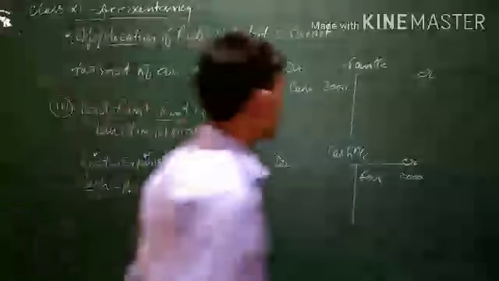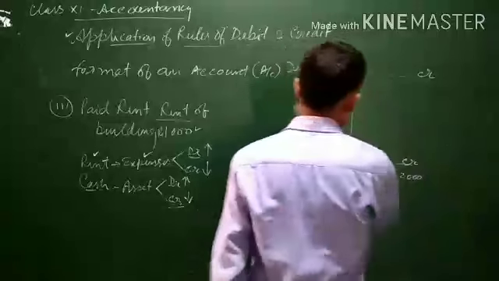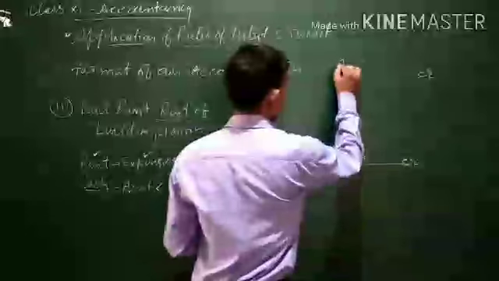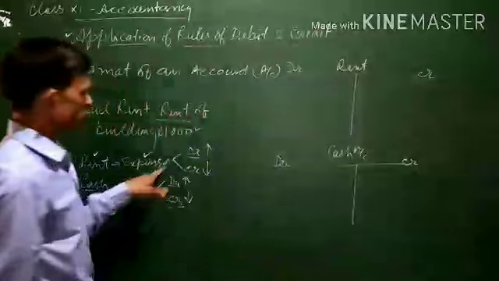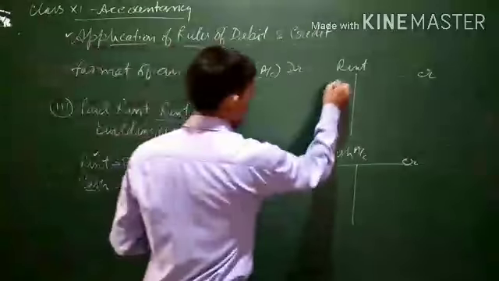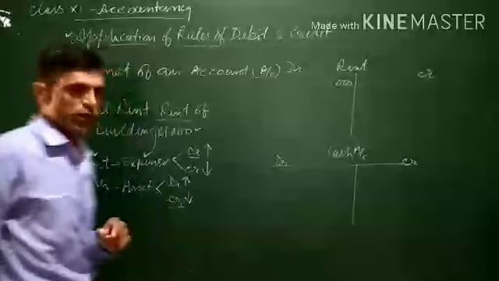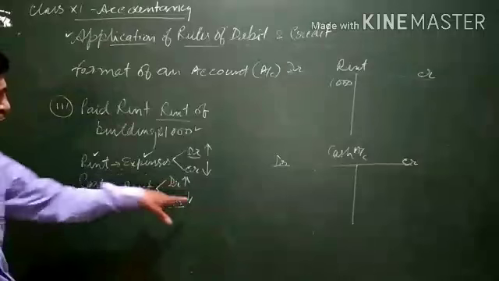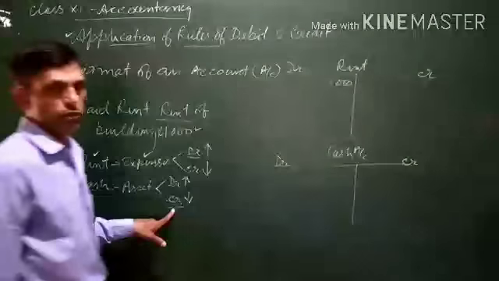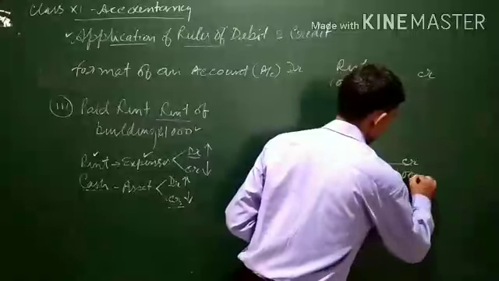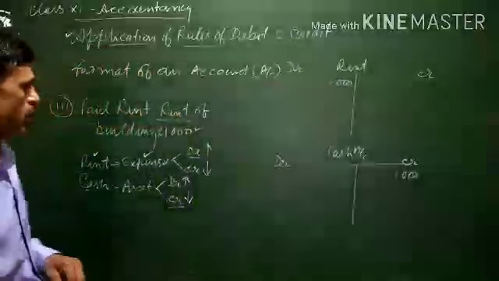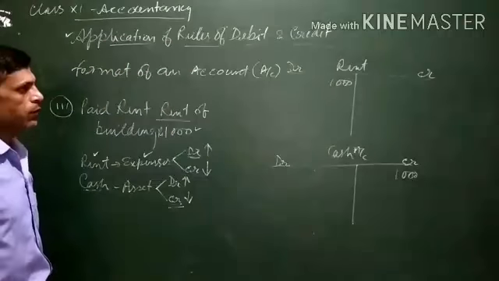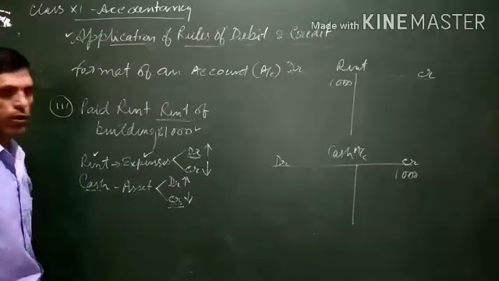So when you prepare the rent account and the cash account: rent is an expense, and an expense should be debited, which means on the debit side we will be writing 1000. Cash is an asset. It is decreasing because we are paying rent, so it should be written on the credit side. On the credit side we will be writing here 1000. This is the application of the rules of debit and credit in short. We will continue to learn it further also to make the things